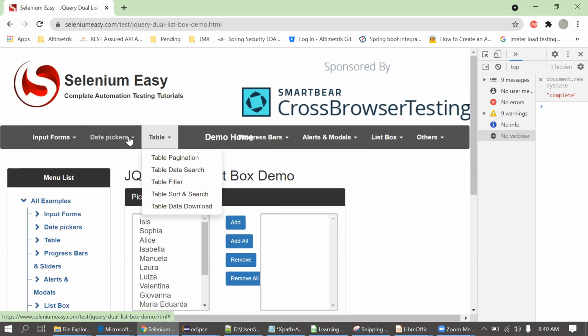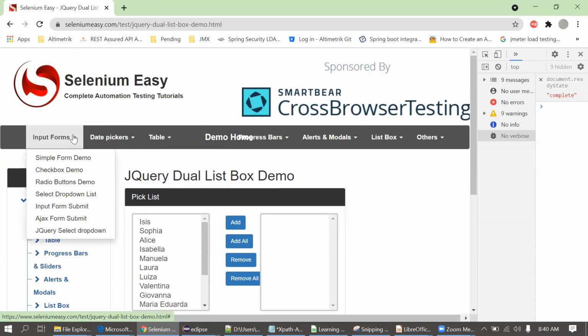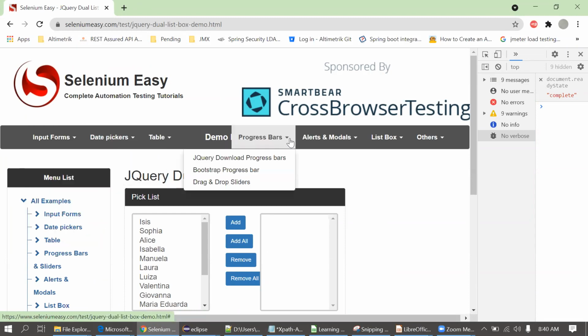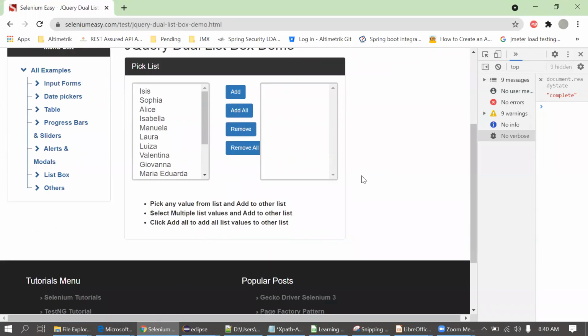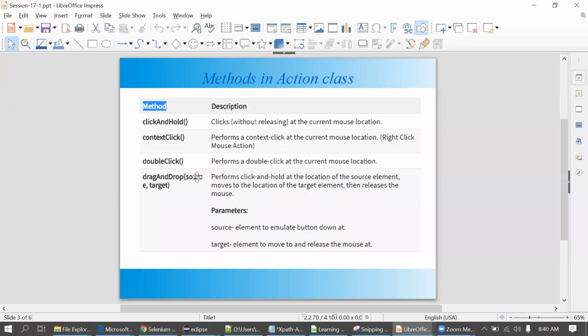I'm looking for the option if I'm getting any UI for drag and drop. Here I'm not seeing any UI. Suppose at one position we have put some web element and we have to drag and drop it at another position. So we have to provide two elements here. One is the source, where I have to pick that element, and the target is where I have to drop that element. So this is the drag and drop method. In some cases it's required in application automation.